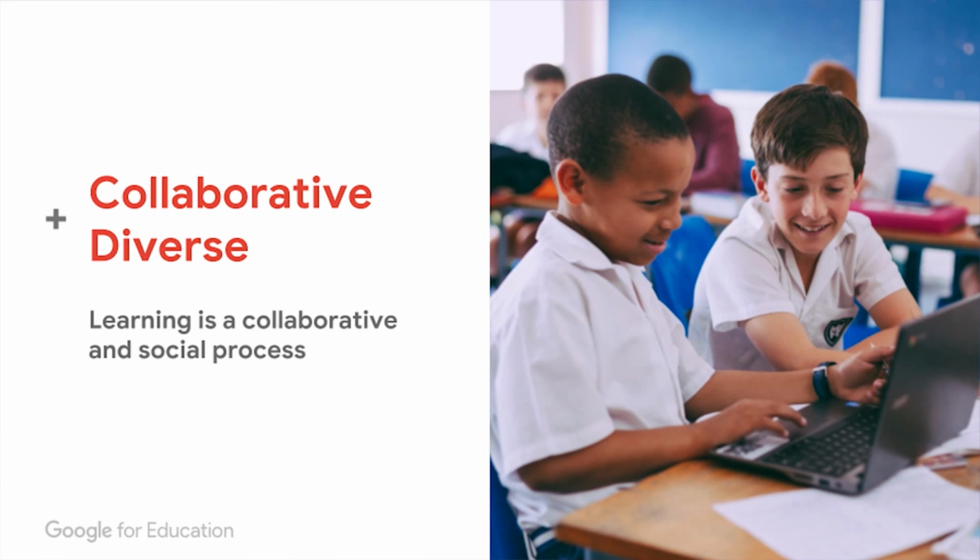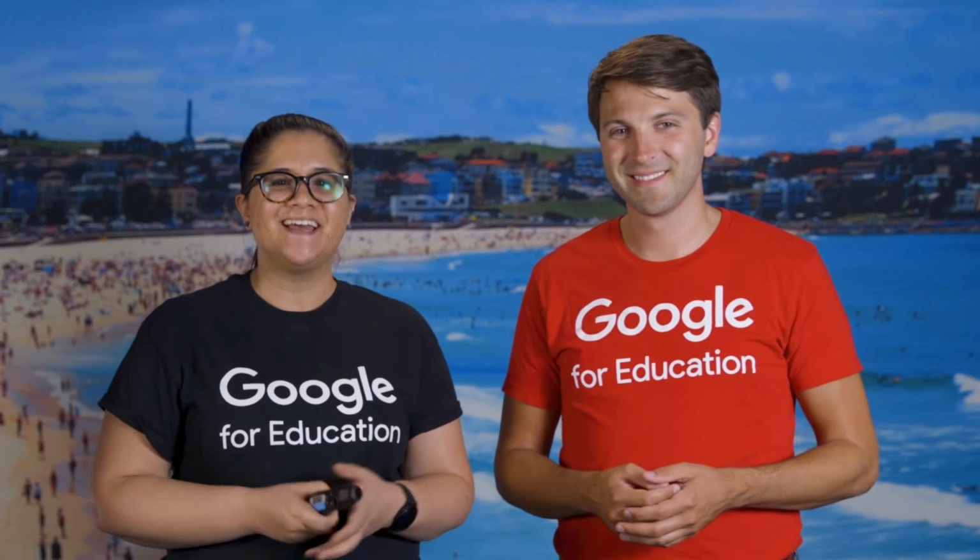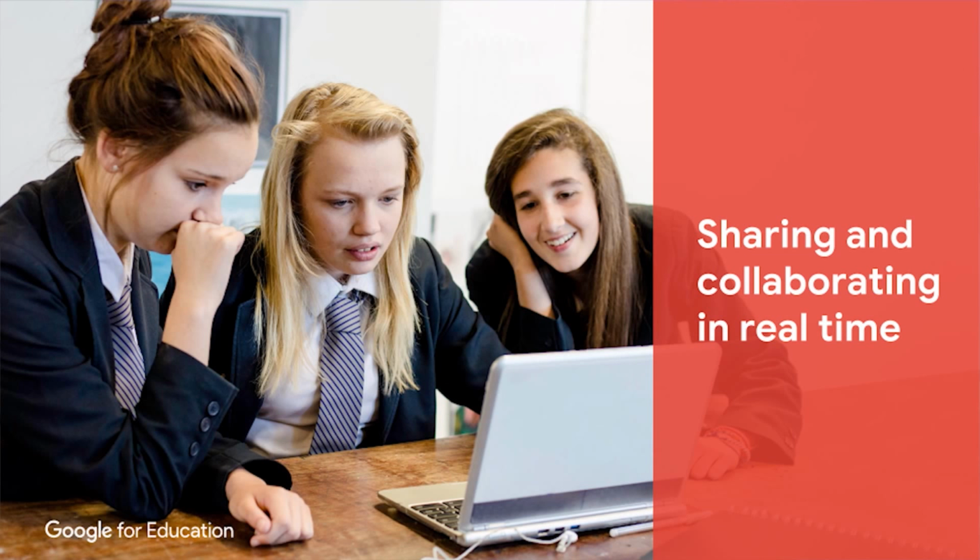Principle number 2 is collaborative and diverse. Learning happens most effectively in a collaborative setting. This can be through interactions between learners and experts, between learners and their peers, or even between learners and other learners that they can teach. When we engage with each other, we see beyond our own experiences and understand what we have learned in a wider context. An example of this collaboration